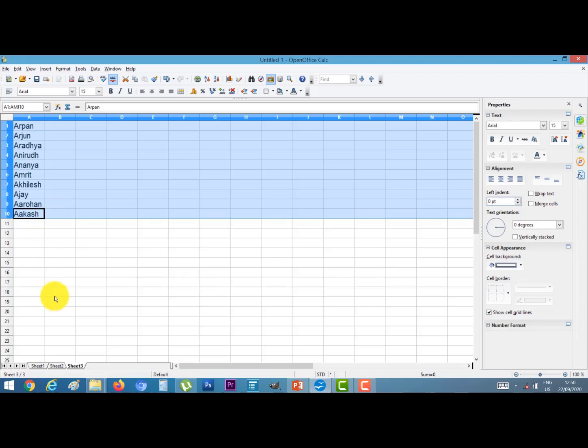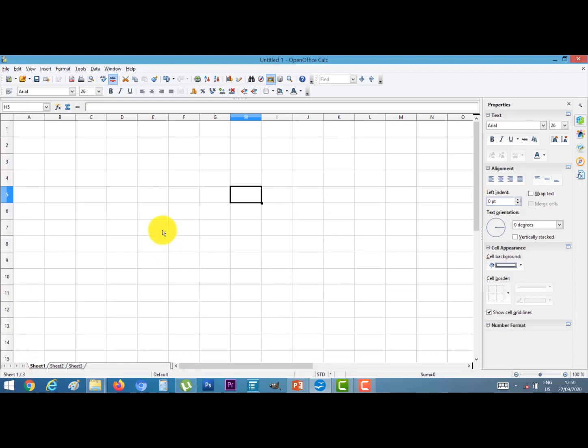Now I want to use some formulas. Before using a formula, we should know the name of a cell. These are our cells. Every cell has a cell address.